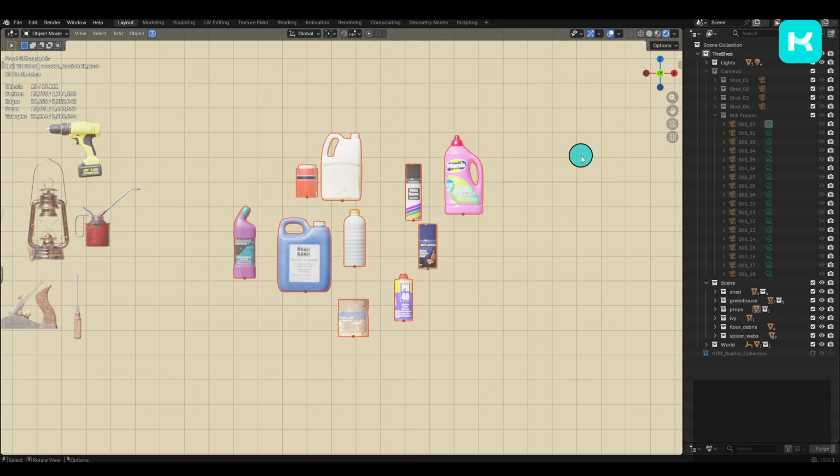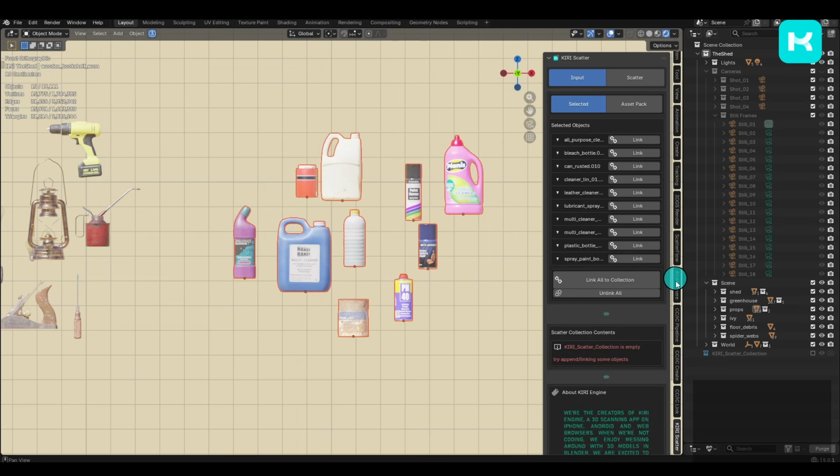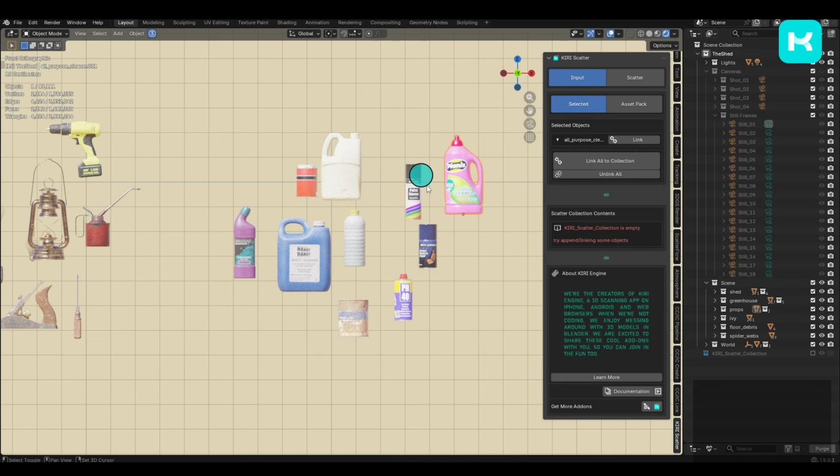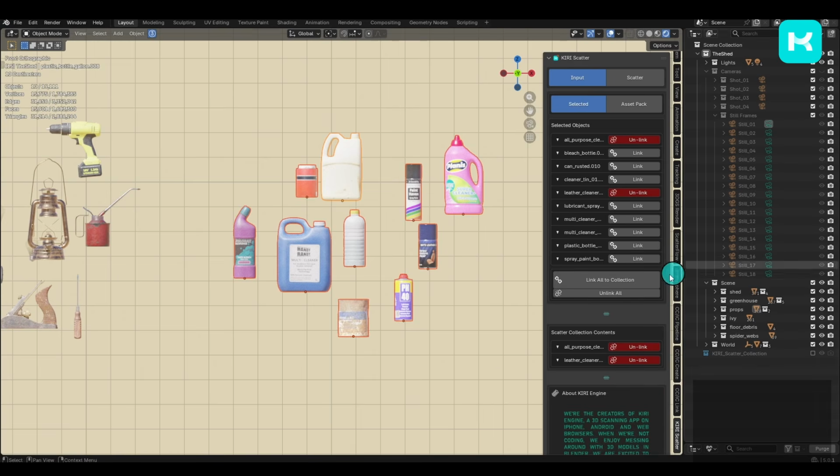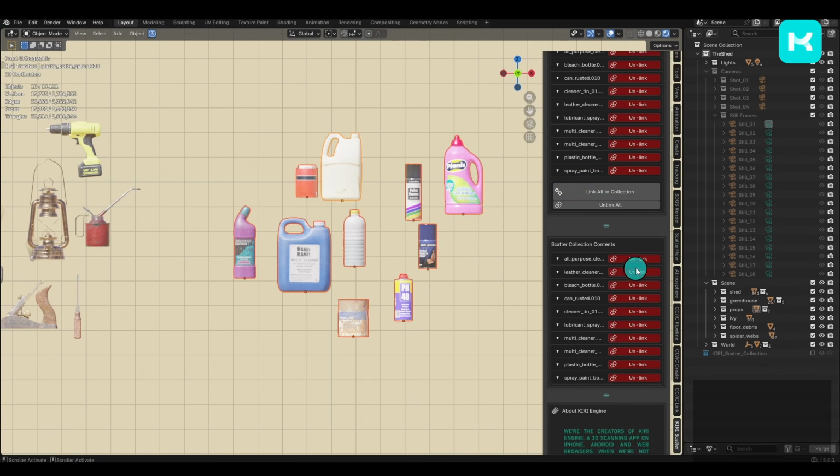So I'm going to open the scatter add-on by pressing N on my keyboard, which will bring up the N panel. And I can find KIRI Scatter right here. And we're creating our input scatter collection. So I'm on the input tab, and I can see that I can choose from selected or from an asset pack. For now, we're looking at selected, and I can see that whichever objects I have selected will show up in this list here. And if I press the little link button next to the name, they're being added to the scatter collection. If I select them all and press link all to collection, we can see that they're now